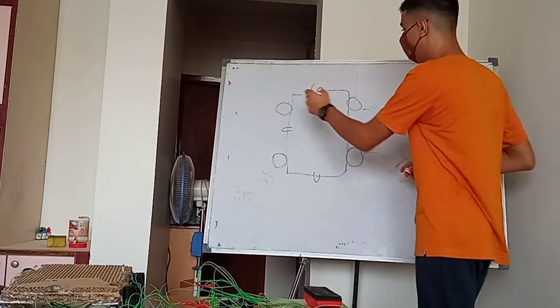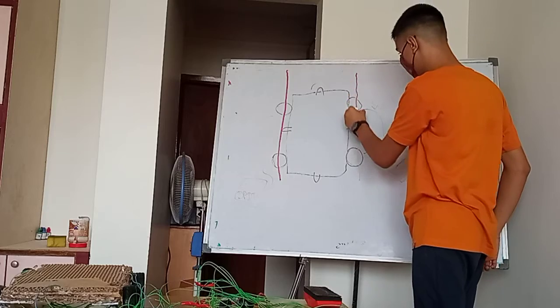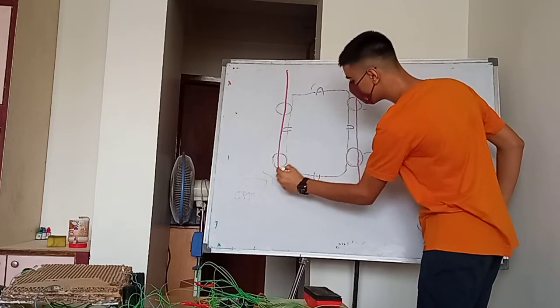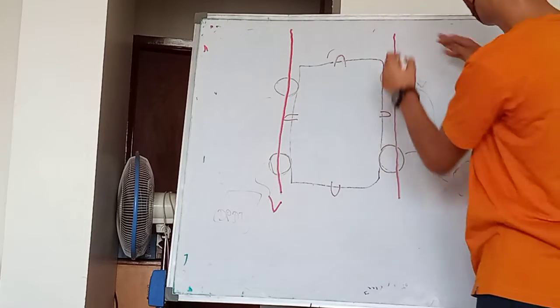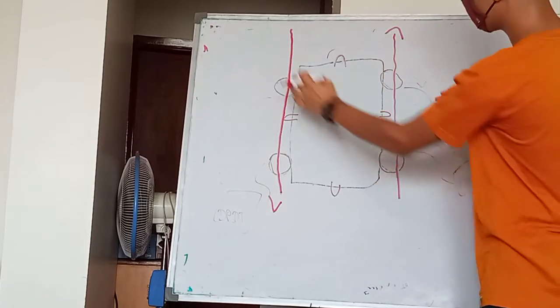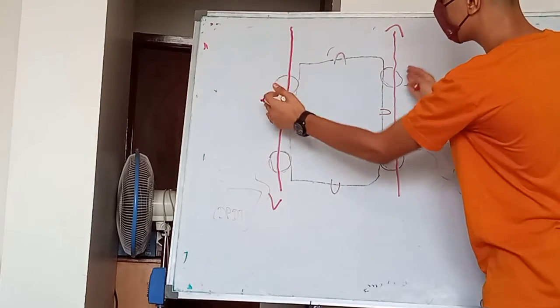Yeah. So this is the line of force, and this is the other line of force. So if this line moves backward, that means these two tires move backward and these two tires move forward. So the car will turn like this. They are not cancelling the force because they are not in the same line.